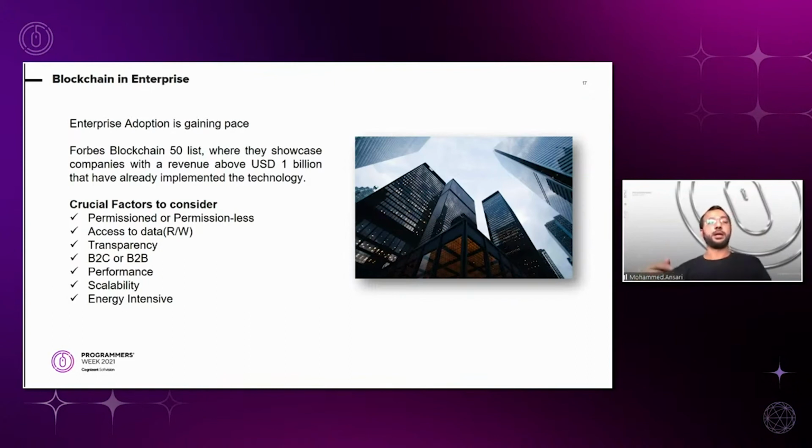Now, these enterprises, when they adopt technology like blockchain, they have to consider a few factors. For example, you can't waste a lot of energy doing something like consensus, which Bitcoin does. Enterprises cannot do that because the volume of transactions within an enterprise network is much more than a public network, because of all the different auditing and recording requirements. And then these enterprises wouldn't want that blockchain, for example, to be public. If they're running a blockchain network, they would want it to have limited visibility. The common public shouldn't be able to see it.